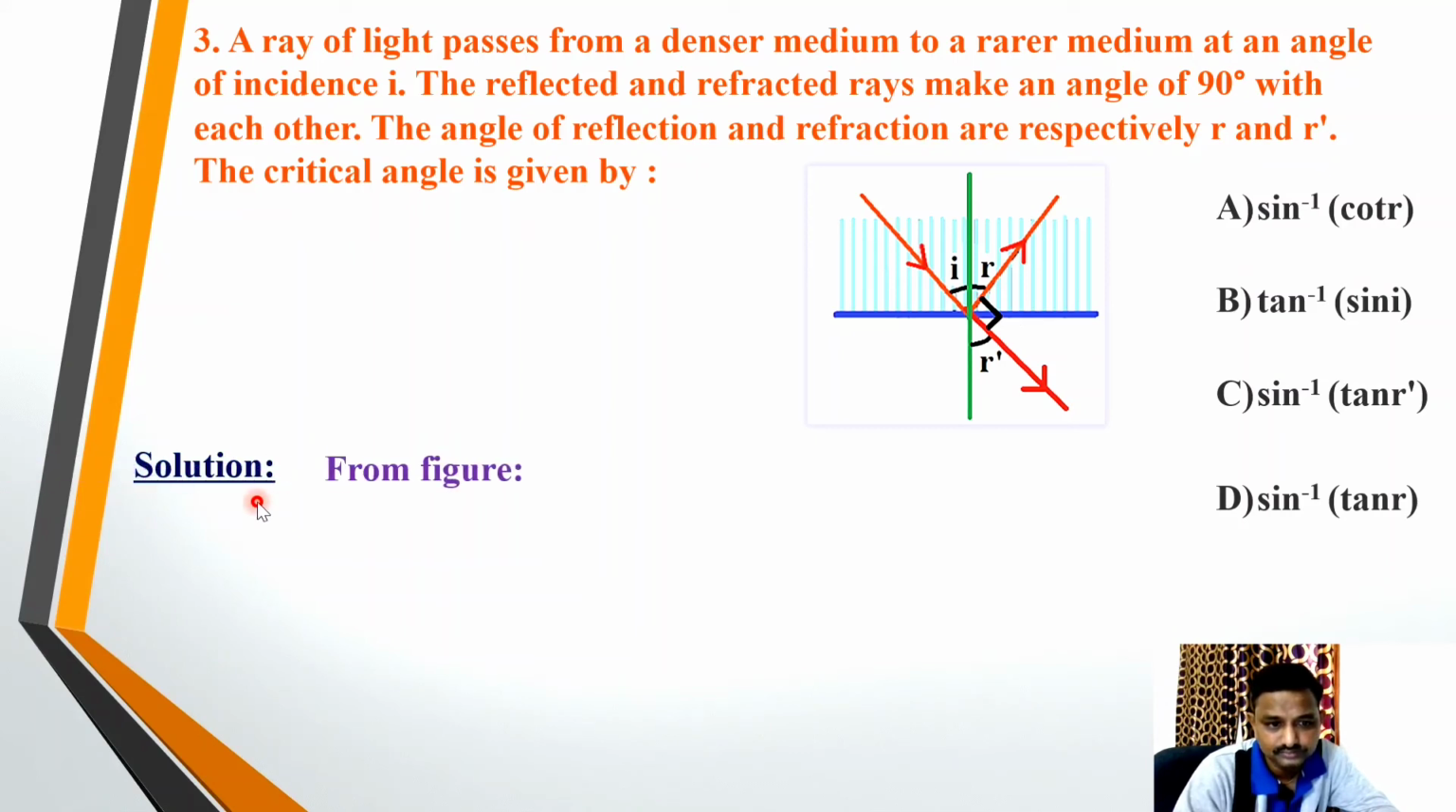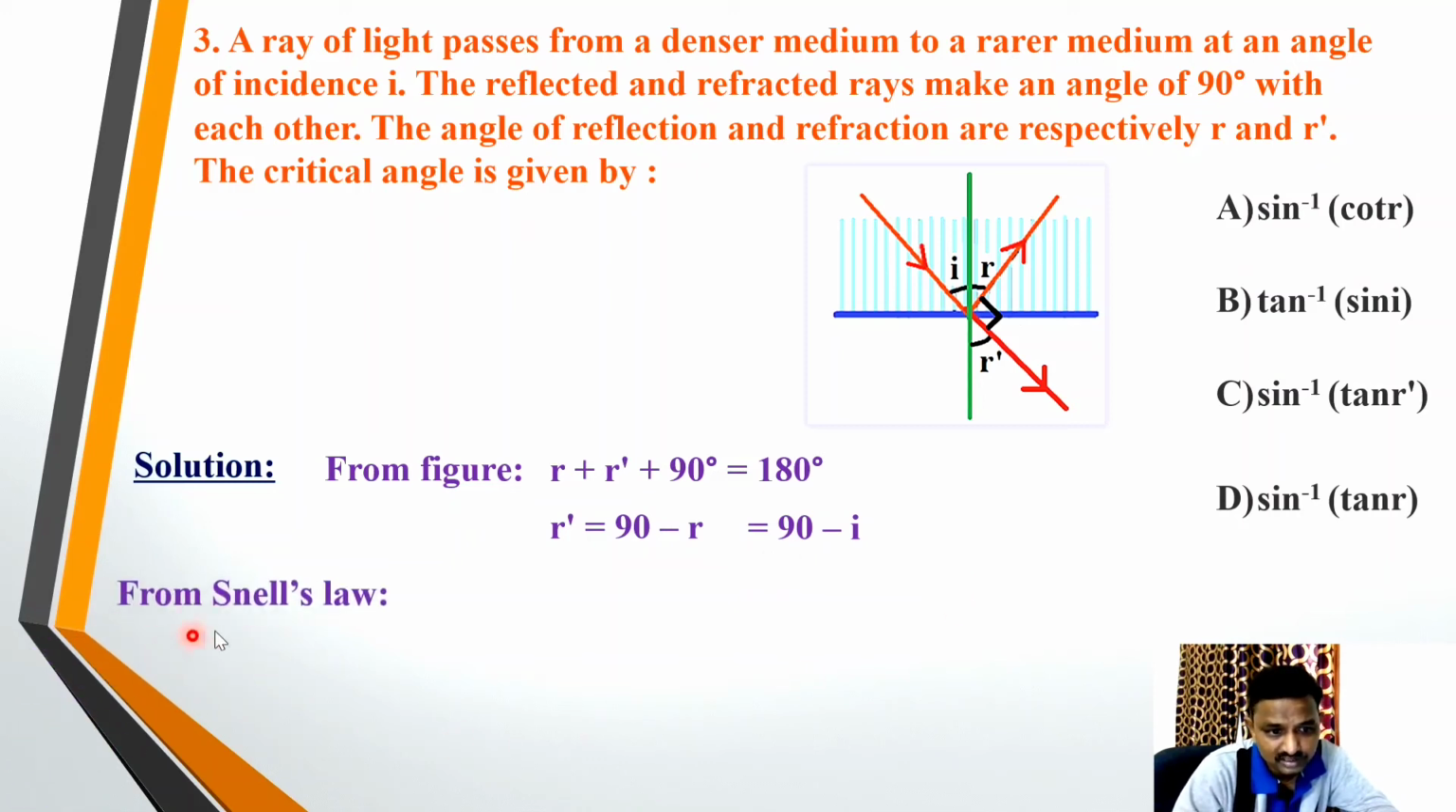Solution. From figure, we know that r plus r dash plus 90 is equal to 180 degrees, that is right angle. So from above equation we can write r dash is equal to 90 minus r. Here I equal to r, so we can write 90 minus I. From Snell's law, we know refractive index of second medium with respect to first medium is equal to sin I by sin r dash. That implies,